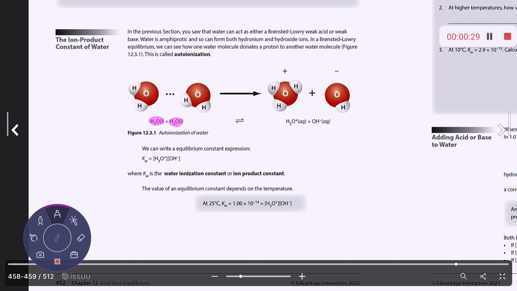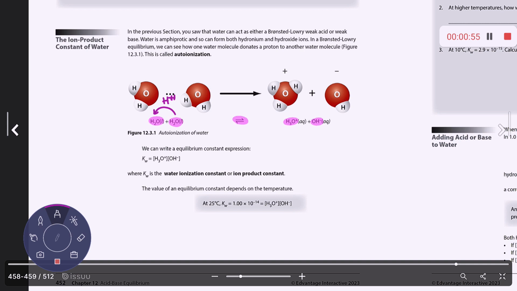like we have right here, what can happen is a hydrogen can actually be given from one water molecule to another. Okay, and when that happens, I form something called a hydronium ion, which we learned about in the previous section, and a hydroxide. And since this occurs in solution and it forms an equilibrium with its ions, we can